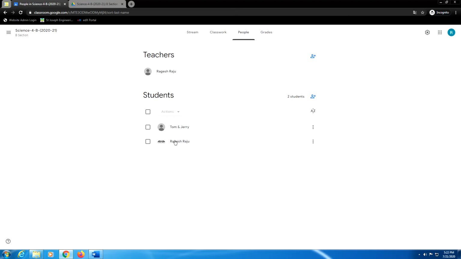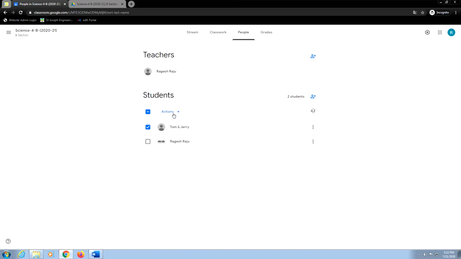So this is one chance. Okay, so in case you get somebody who is extra or is being added to a class, it is always possible for you to remove. So I can select the student, I just put a tick mark here, select, I go to actions. I can always remove a student, right? And if I want to email a student, that is also possible.